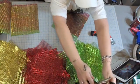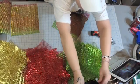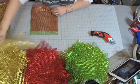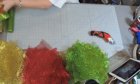Okay, let's keep going. We're almost done. Hi, everybody. We are making our very first Christmas tree for hashtag Project Christmas Tree. And if the retirement homes won't take them, which they should, people bring their...